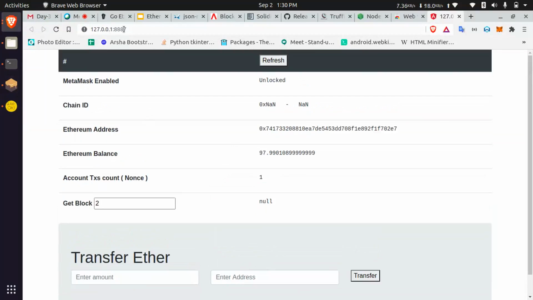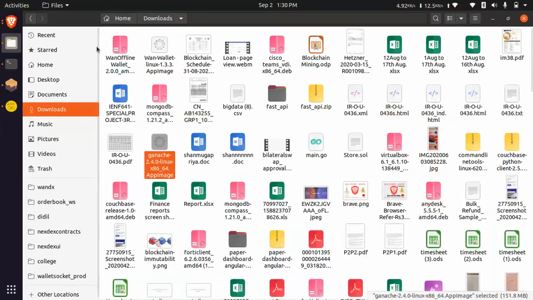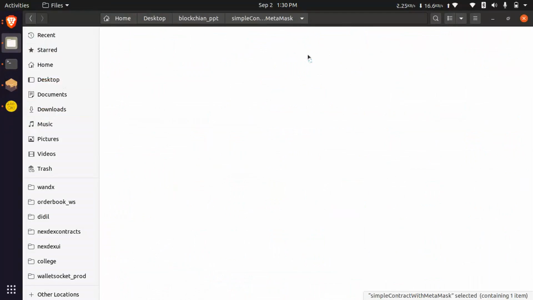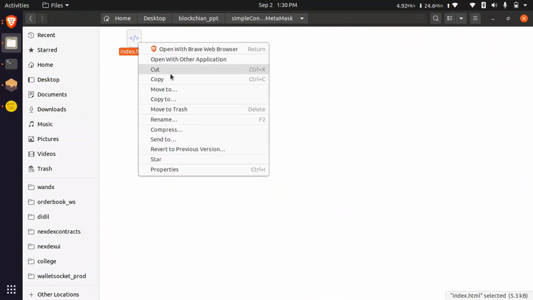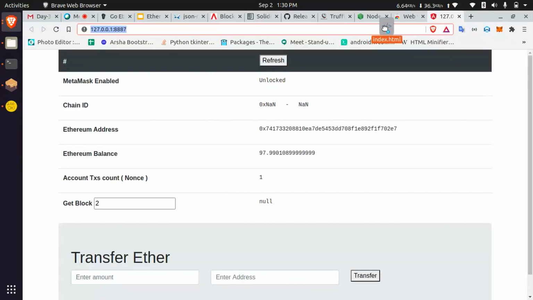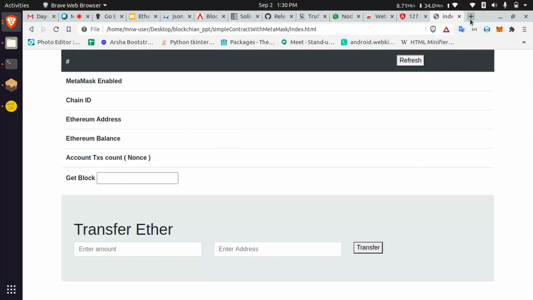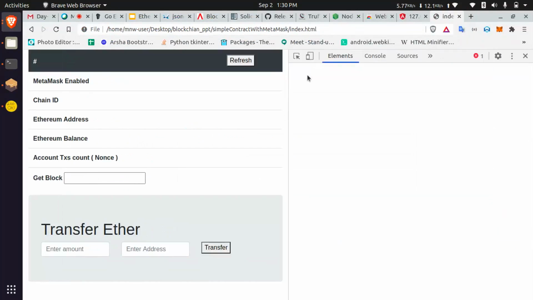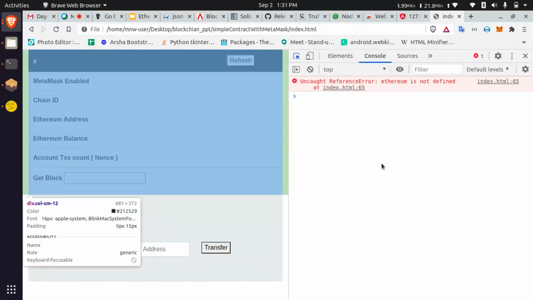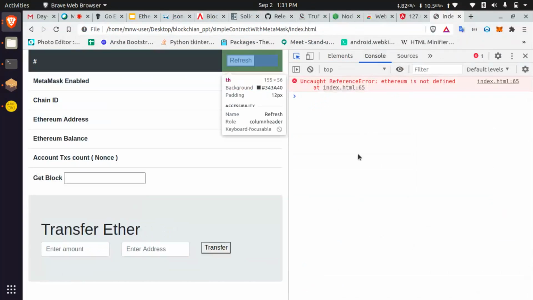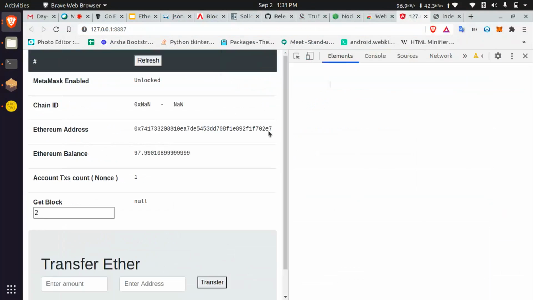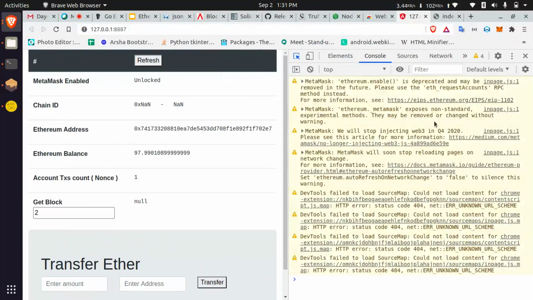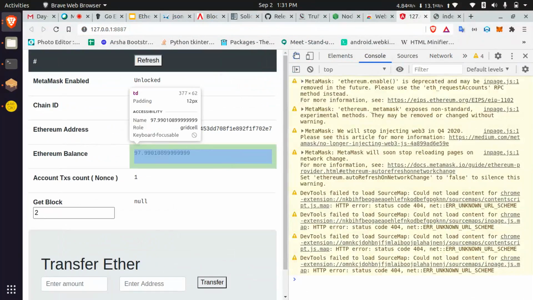You can, but just try it yourself. Just try to run it like this. This is a simple file. If you try to open that HTML file directly in a web page, that does not work. MetaMask does not work. That's why. If you are just opening the HTML file, MetaMask does not inject any JS. If you are running it on a server, it will inject the entire JavaScript code into the web page. Okay.